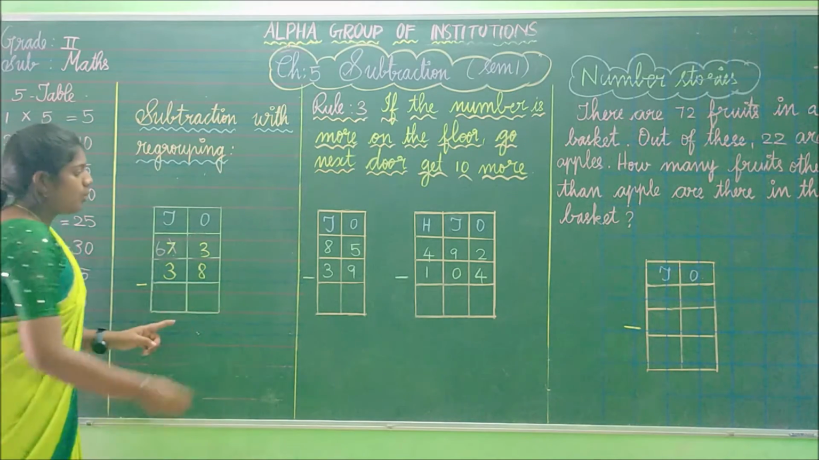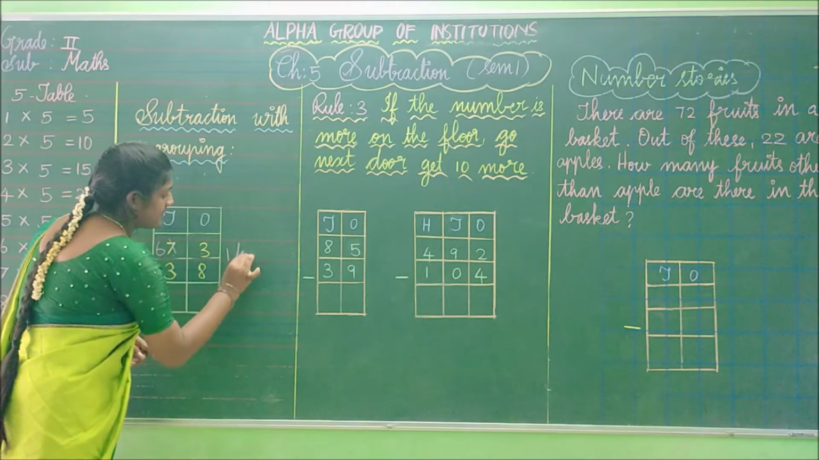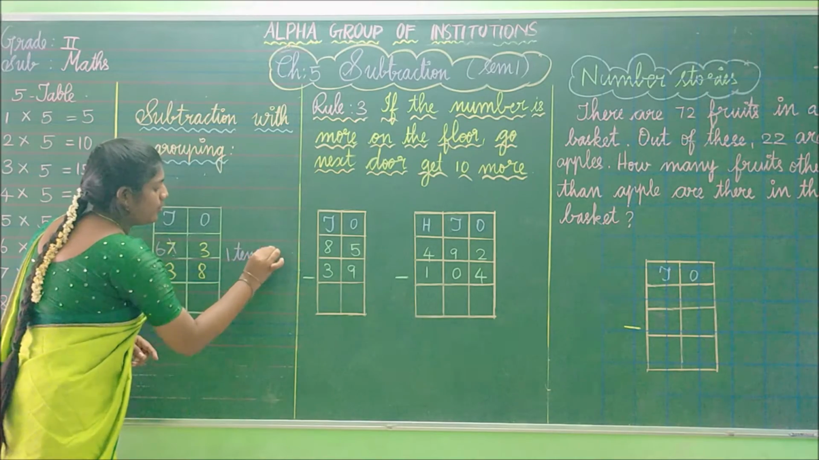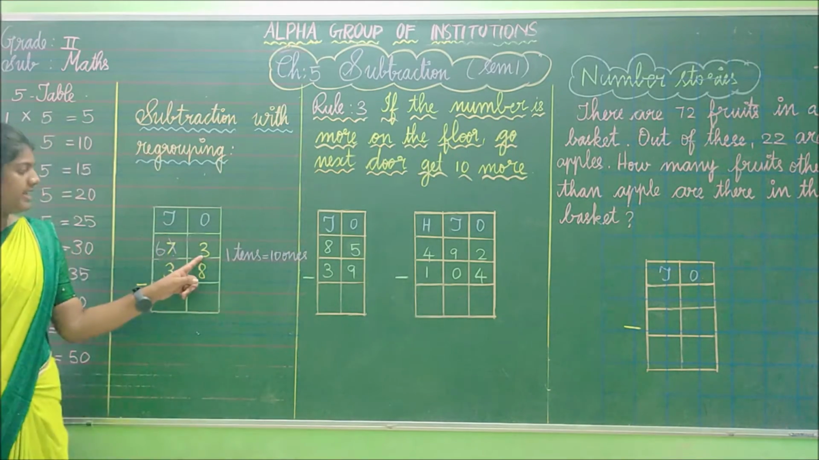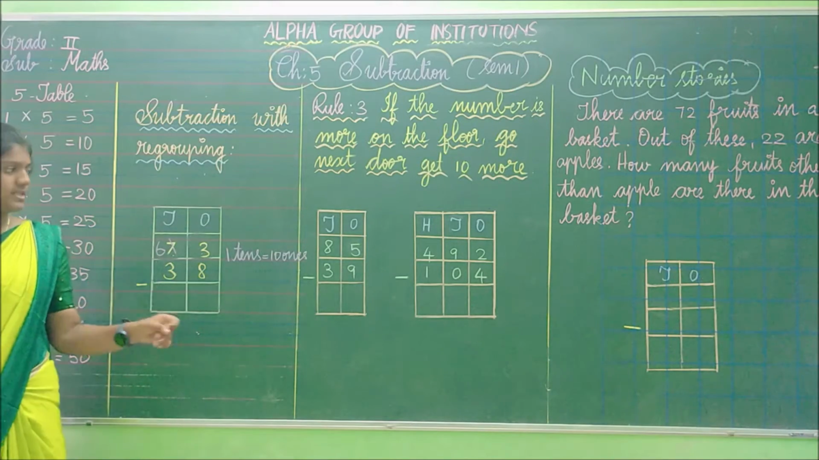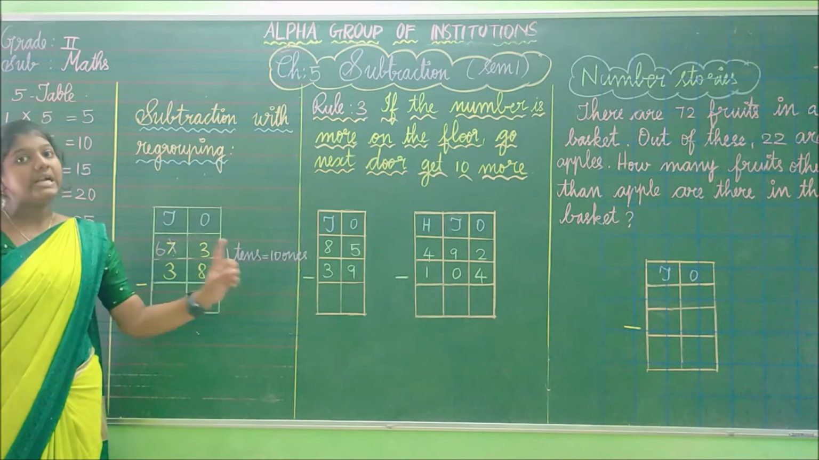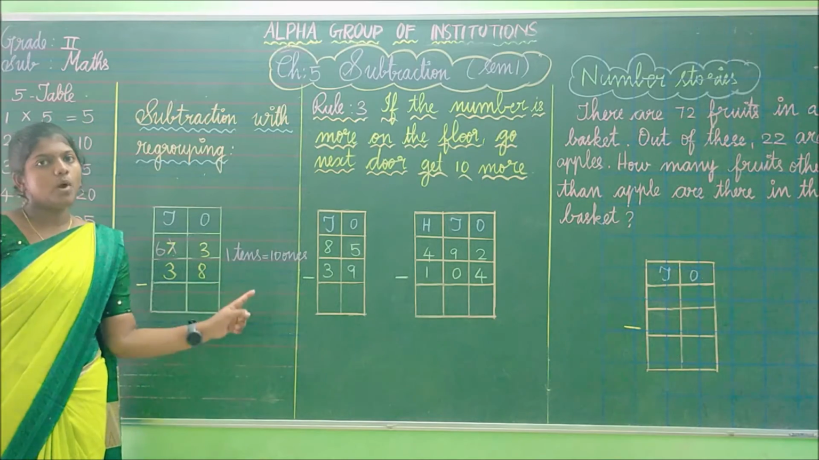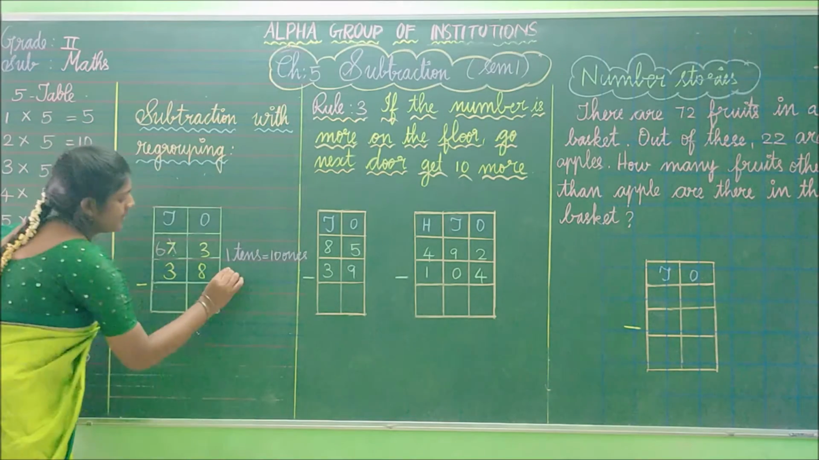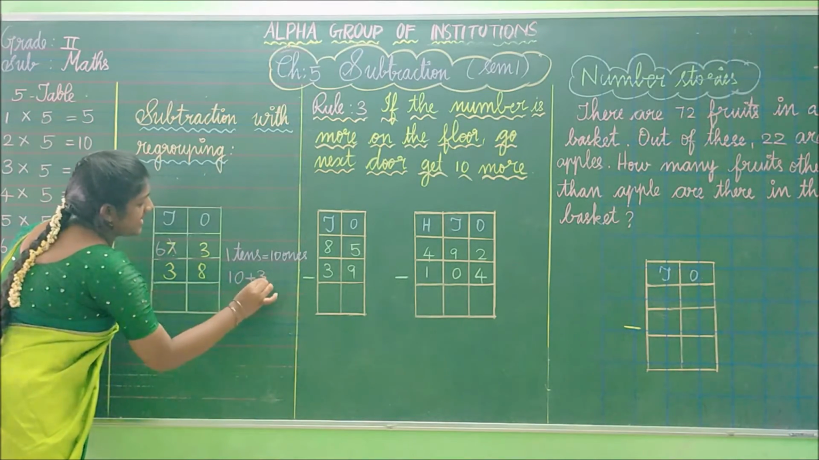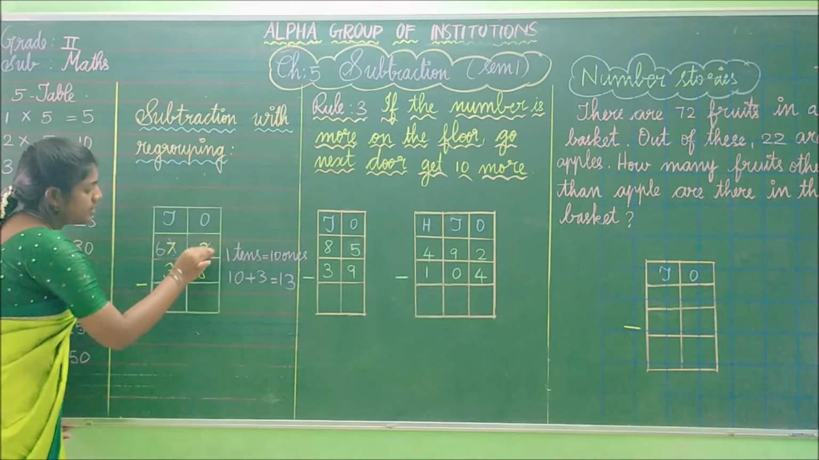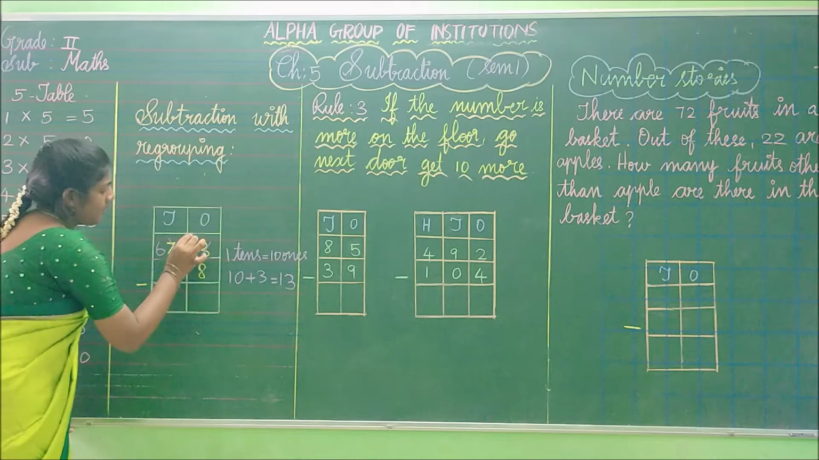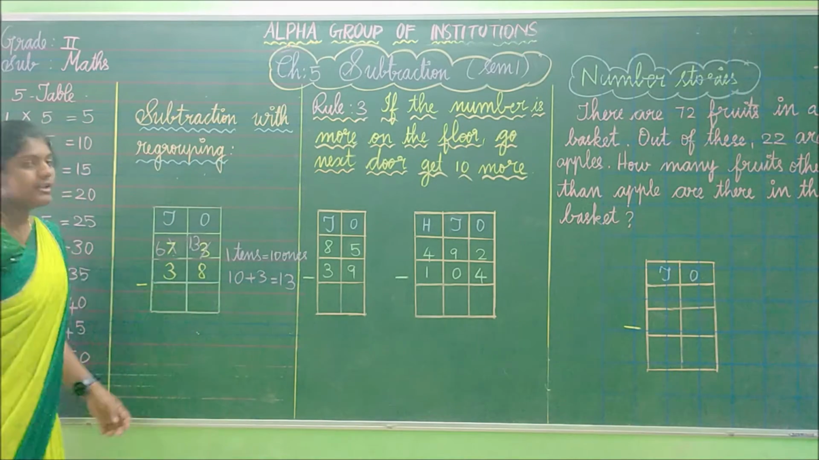Okay children? So 1 ten is equal to 10 ones. Already here we are having 3 ones and here we are borrowing 10 ones. So 10 ones plus 3 ones is 10 plus 3, which is 13. So I am going to strike this out and write 13. So here we